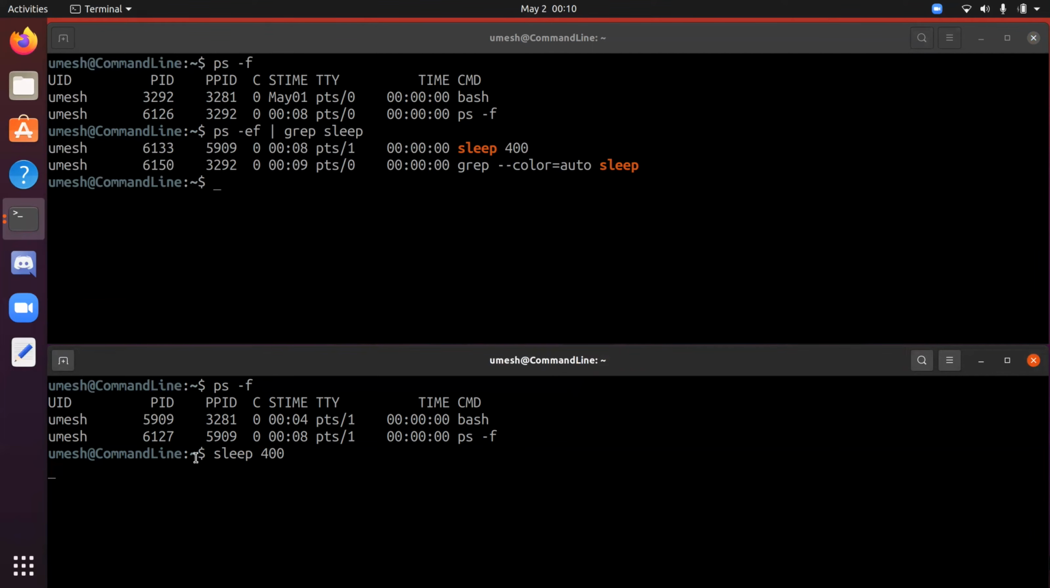Now let's suspend this job and run exec sleep, let's say 200. So in this example, what happened is the second terminal's bash actually replaced itself and created a new process for sleep. In the previous example, without exec, bash forked itself, duplicated itself, created another bash shell, and then created a child process for the sleep command. But in this case, bash simply replaced itself and created a process for sleep,